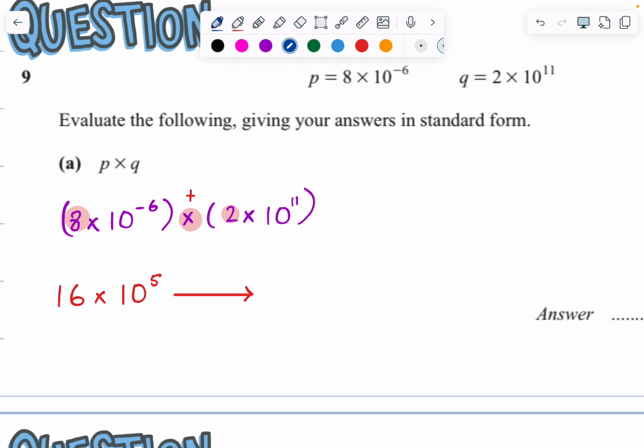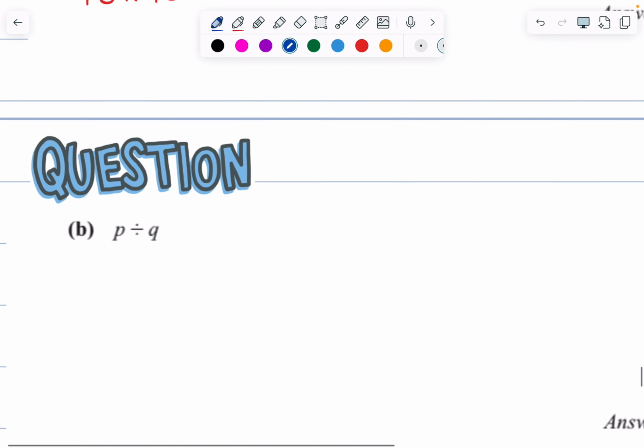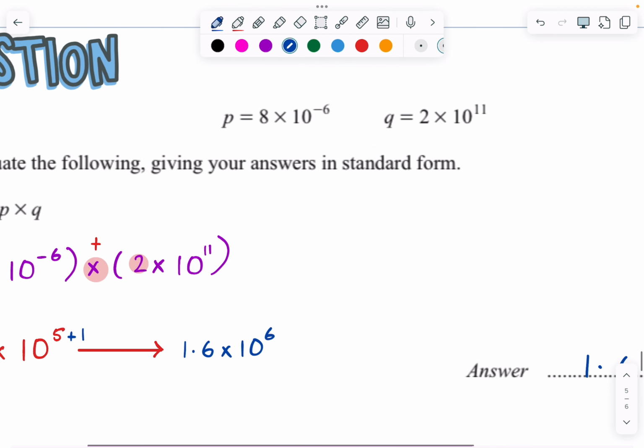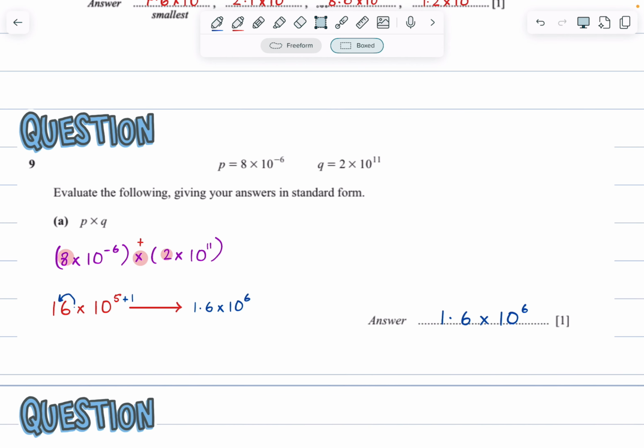So to convert it into standard form, I will move the decimal 1 place behind. I'm making a bigger number into a smaller one. So it's going to become 1.6 times 10 to the power of 6. You add 1 into the power. Got it? So the answer is going to be 1.6 times 10 to the power of 6. Okay, P divided by Q. Very simple. बस मैं P और Q को यहाँ ऊपर से ले आती हूँ, copy कर लेती हूँ यहाँ से. That's going to become. Let's have a look.